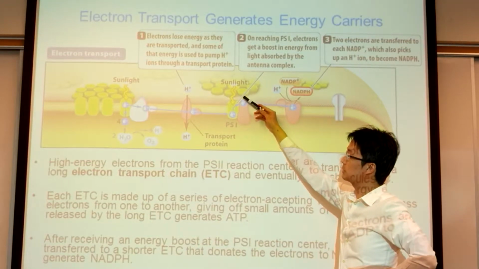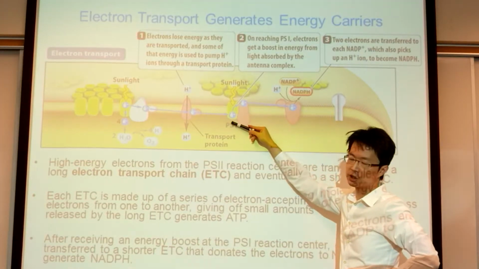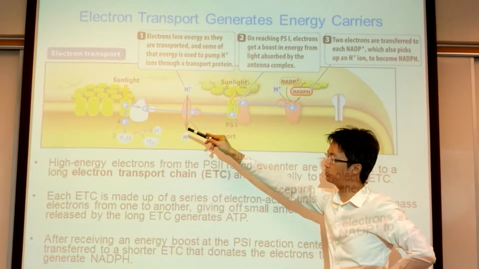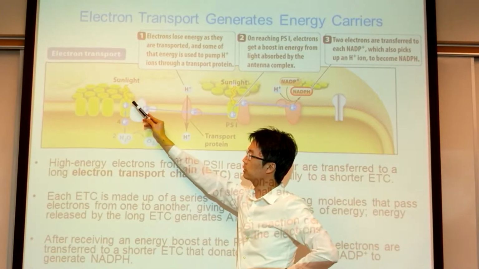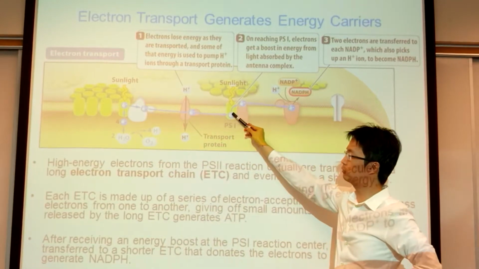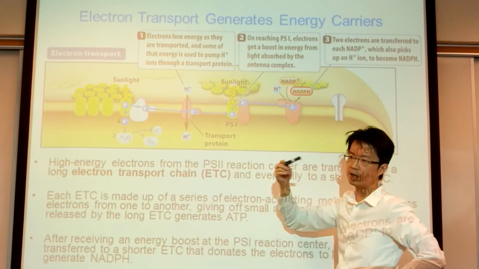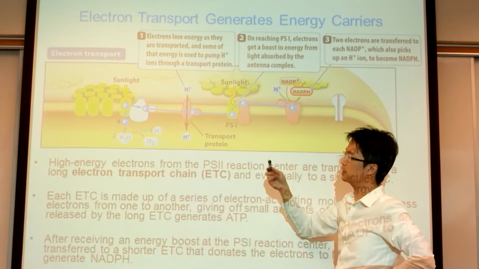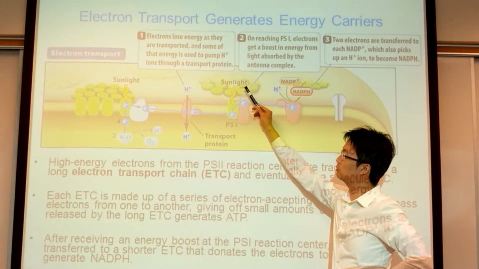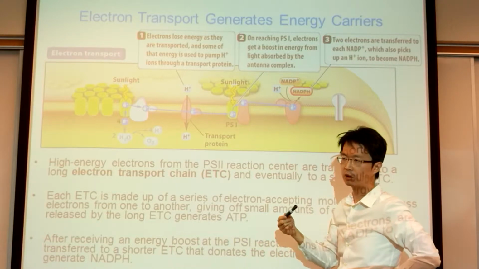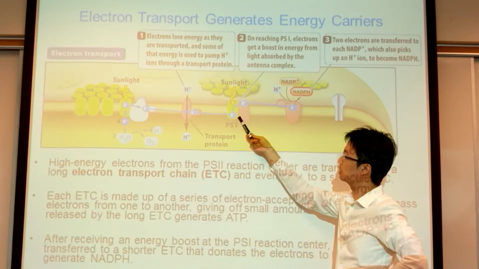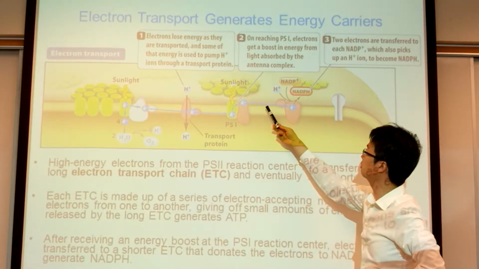When sunlight is absorbed, it will re-energize the electron, because the high energy electron originally coming from photosystem 2, after it goes through the electron transport chain, has already used up all its energy. So in photosystem 1, it absorbs sunlight and recharges the electron so that